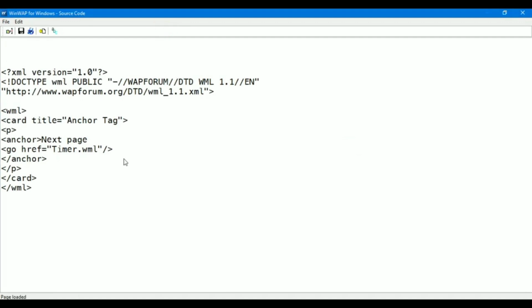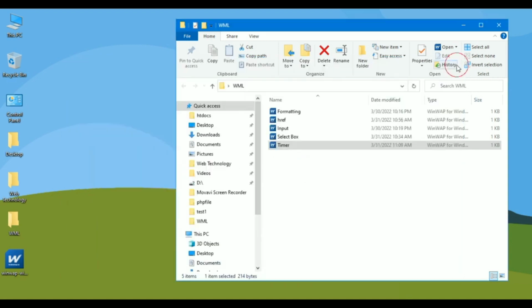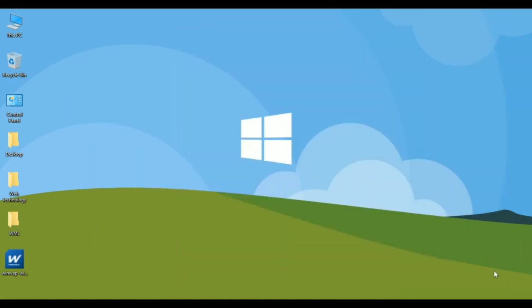The next one is the navigation purpose. With the help of the href we can navigate from one web page to another web page. Okay, so these are the examples of the